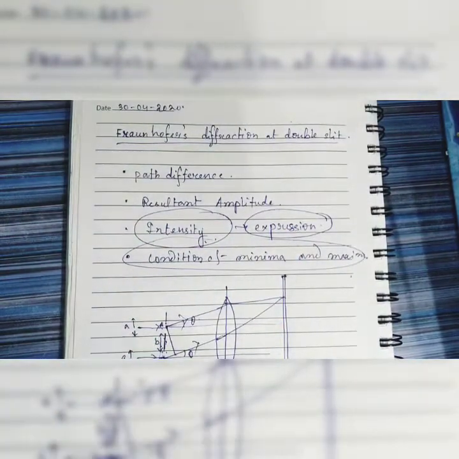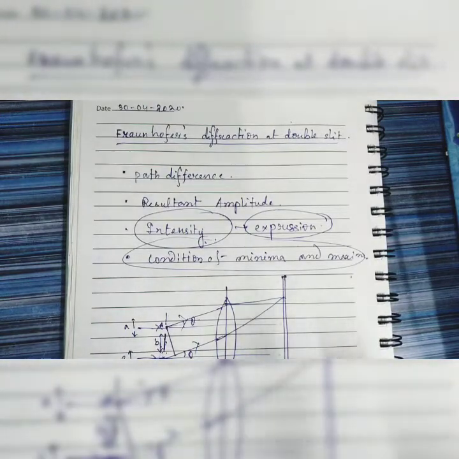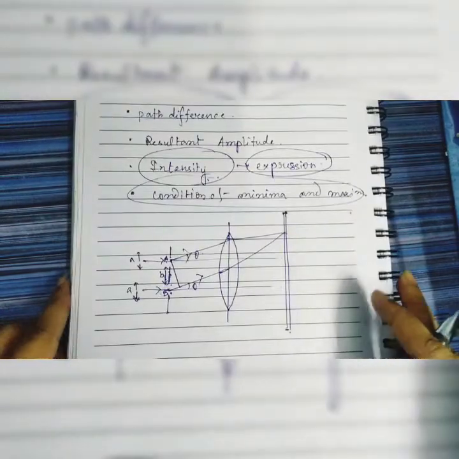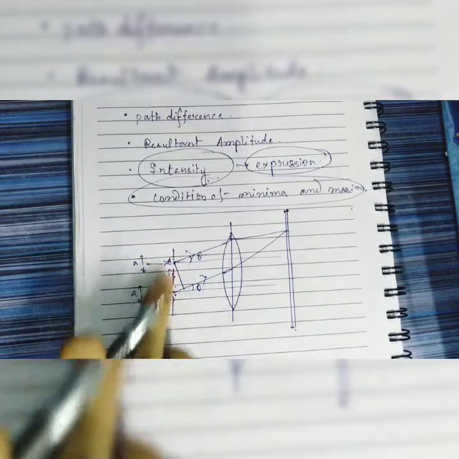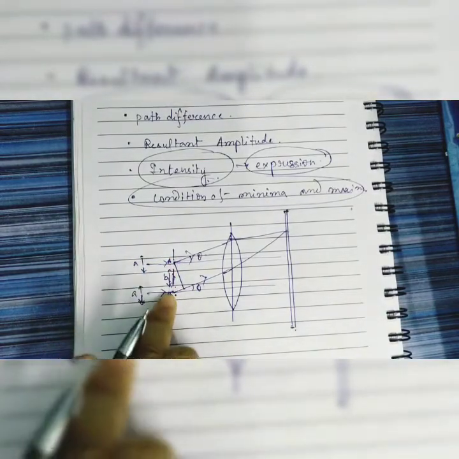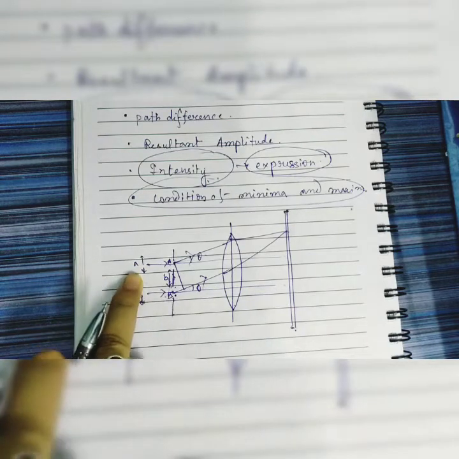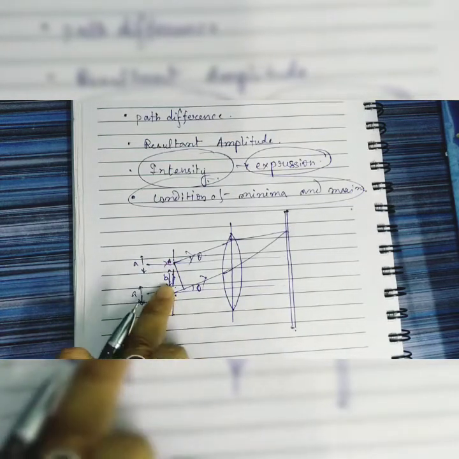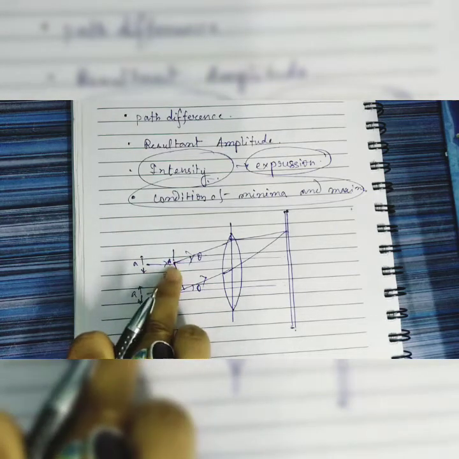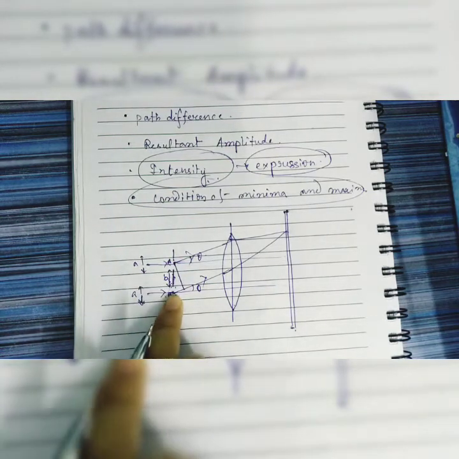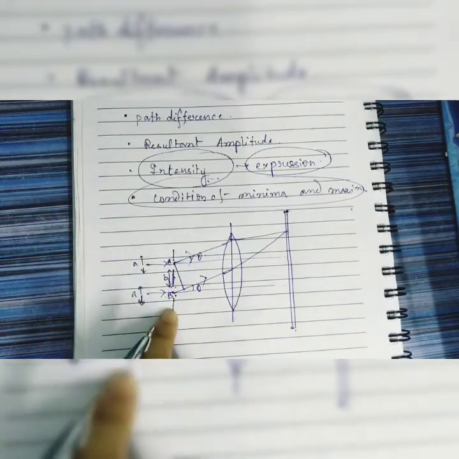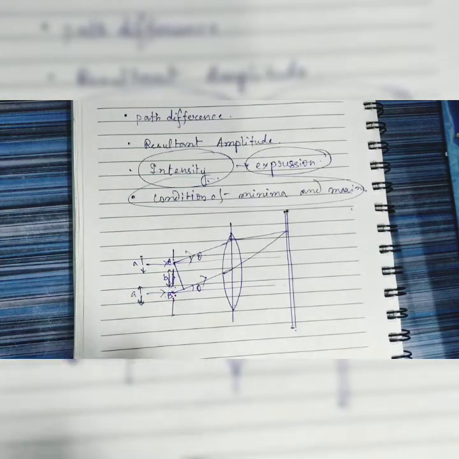Before that, first we need to discuss the setup. Without learning the setup, how it is causing the diffraction, we cannot get the pattern. Actually we cannot understand the expression of intensity. So see, there are two slits, the upper one and the lower one, and the slit widths are the same. Basically this is A and the opaque space between them is B. Now there is a point at the middle of slit A and the middle of slit B. So parallel rays are coming. Many parallel rays are there, but we are taking only two rays at the center because this will be more simplified for this case.